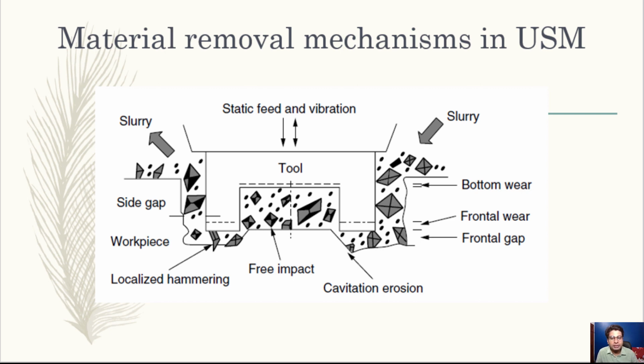The dominant mechanism involved in USM of all materials is direct hammering, the first material removal process. Soft and elastic materials like mild steels are often plastically deformed first and later removed at a lower rate. In the case of hard and brittle materials such as glass, the machining rate is higher, and the role played by free impact can also be noticed.